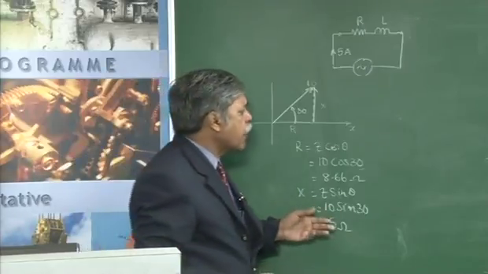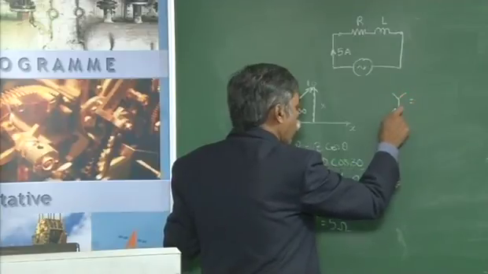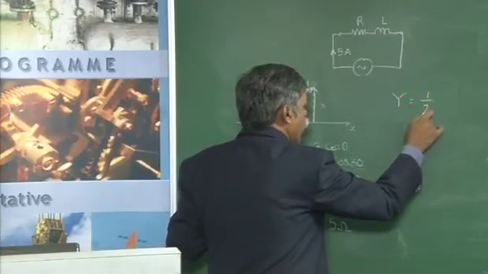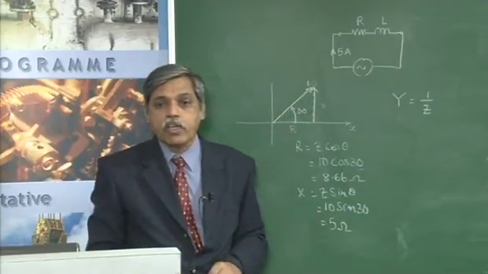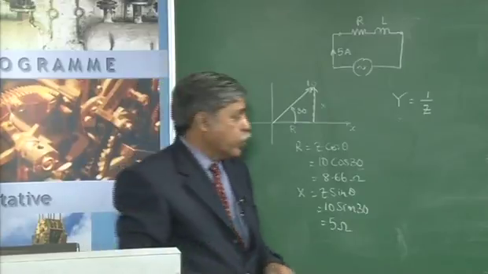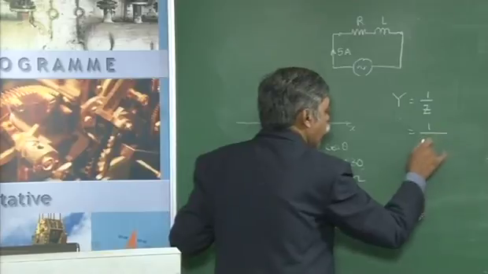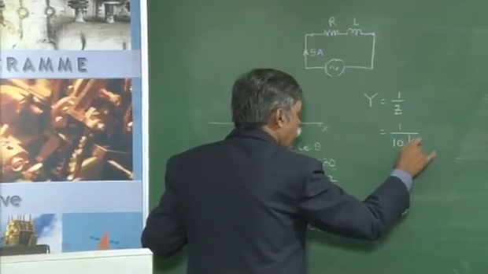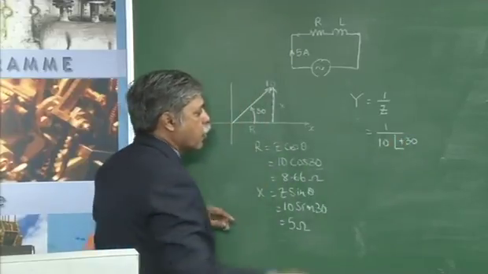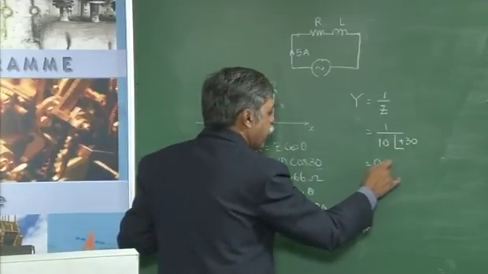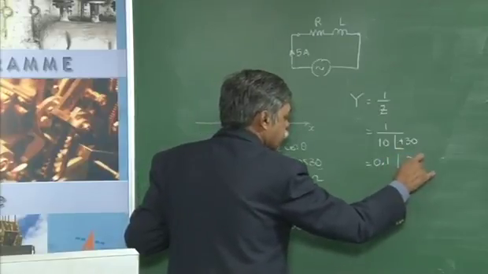When I want to calculate the admittance, okay, while doing the parallel circuits I told you admittance Y is equal to reciprocal of the impedance, fine, it is a reciprocal of the impedance. So therefore when you try to calculate it, I will be getting this as 1 upon 10 at an angle of minus 30, the impedance has an angle of plus 30, sorry. So plus 30, therefore I will be getting this as 0.1 at an angle of 30 degrees with a minus sign, okay.